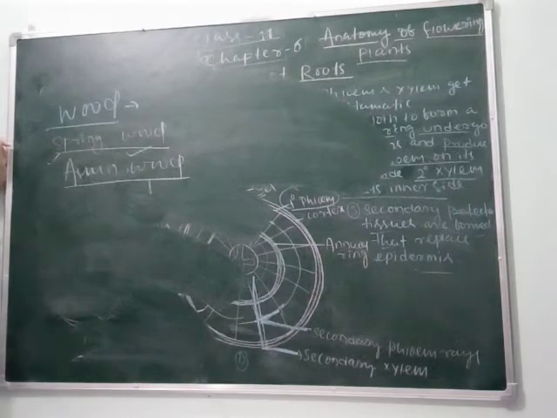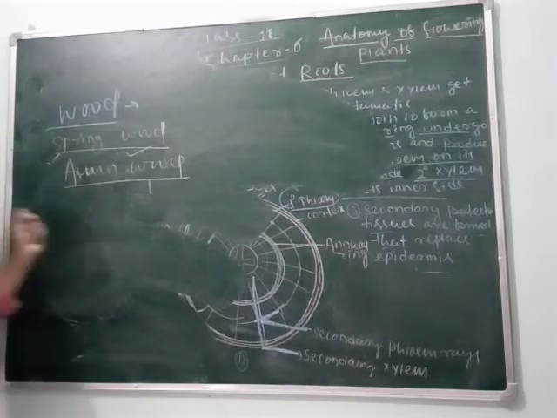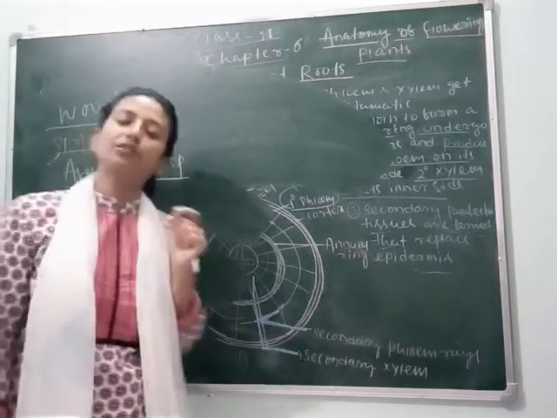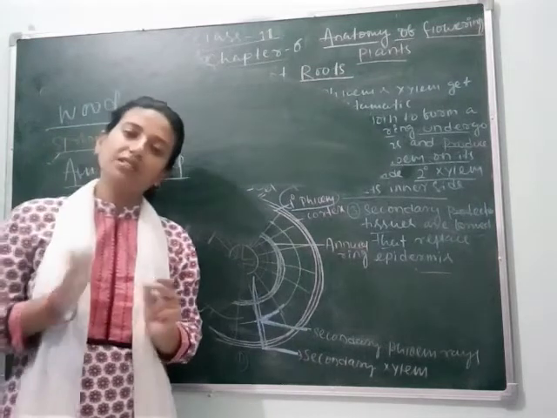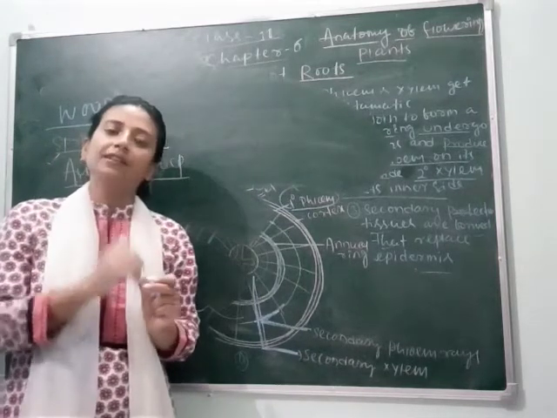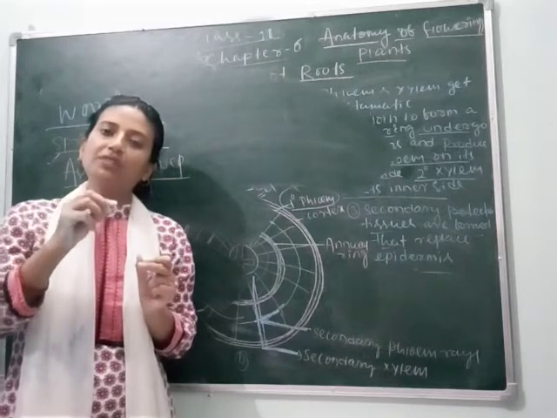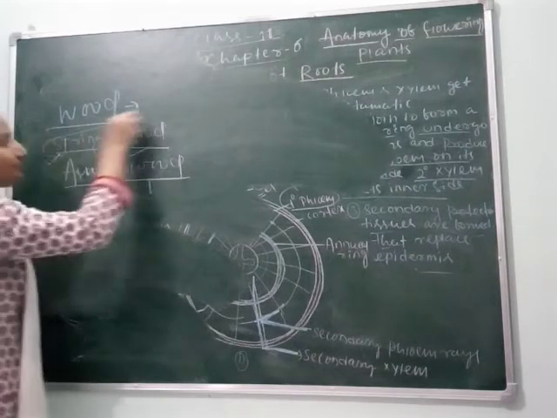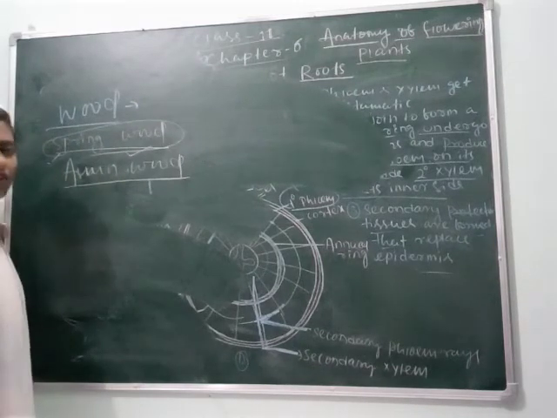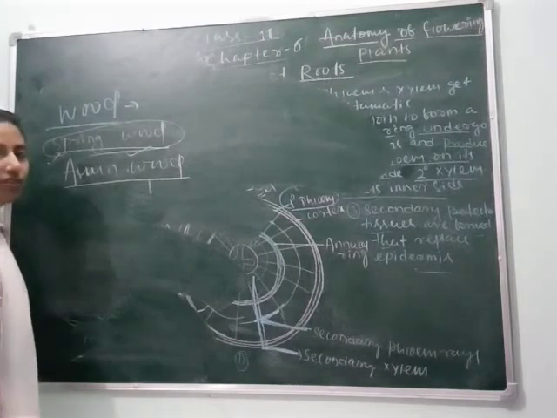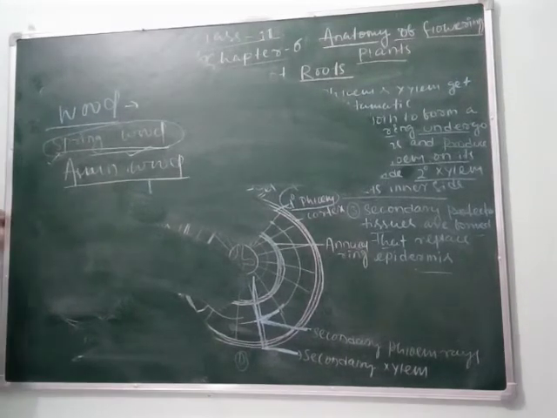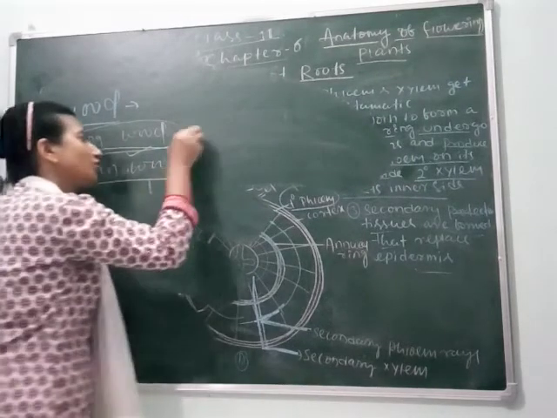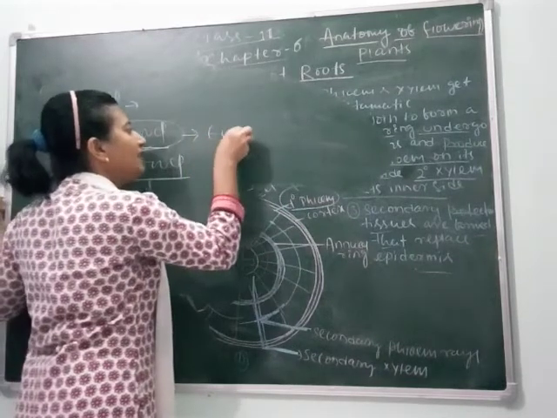And what is their function? In spring season, cambium is very active and produces a large number of xylem elements. Xylem elements means actually what happens, the xylem present towards the inner side is more thick and forms narrow vessels. But in case of spring wood, the more deposition of xylem elements makes the wood divide quicker and grow very quickly. As this wood is formed in spring, it is called spring wood, or we can say early wood.